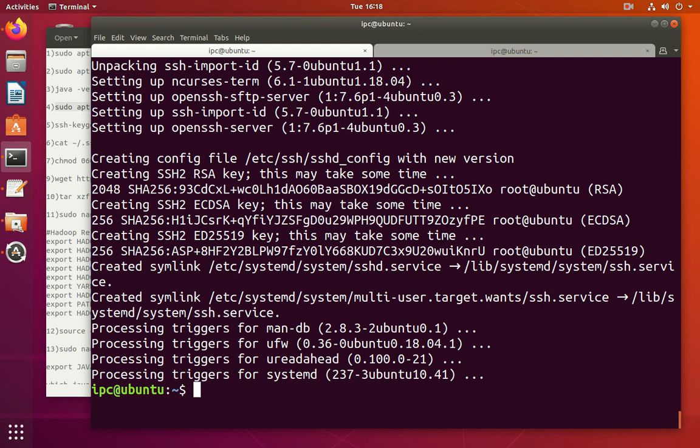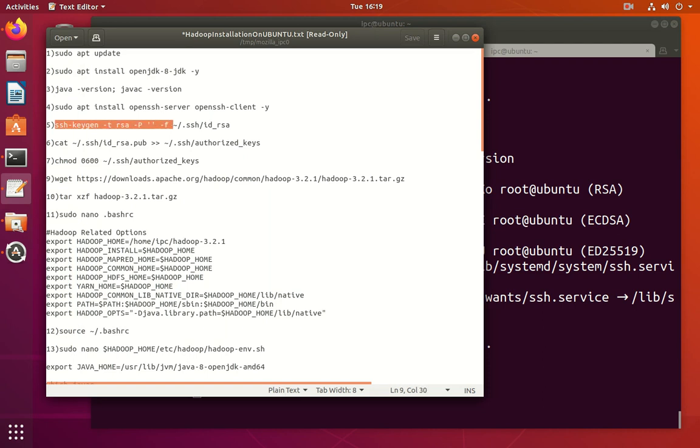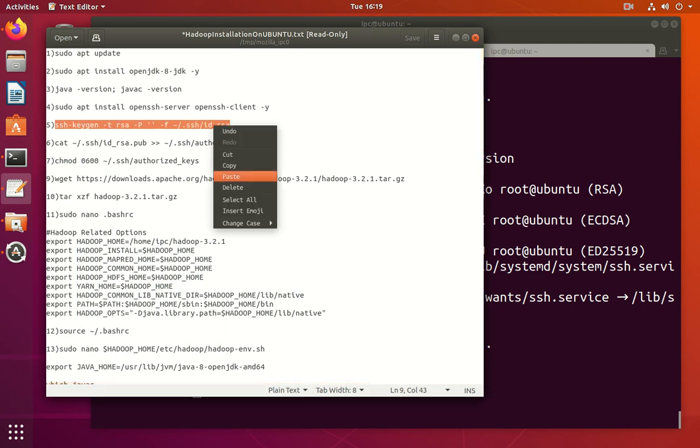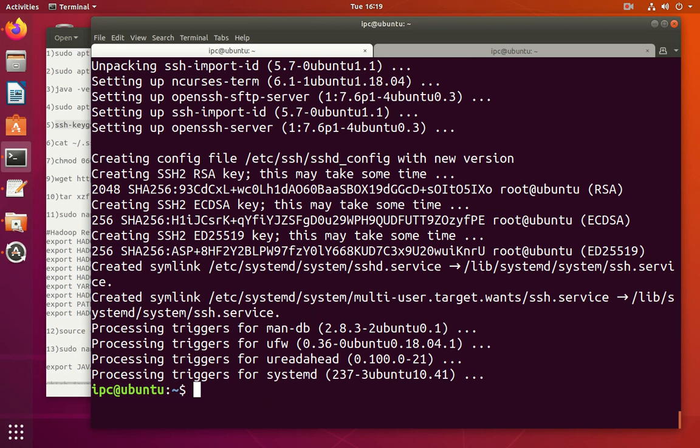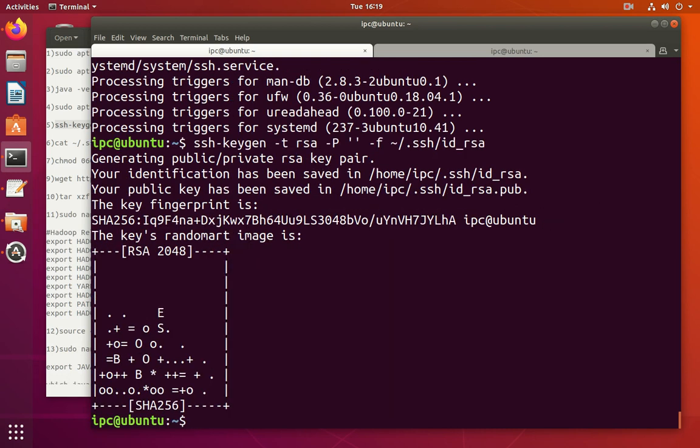After installation of the OpenSSH server and client, next generate an SSH key pair and define the location it is to be stored in. Generate the keys by using this command. Establishing an SSH secure connection is essential to log in and effectively manage a remote server. Encrypted keys are a set of access credentials used to establish secure connections.